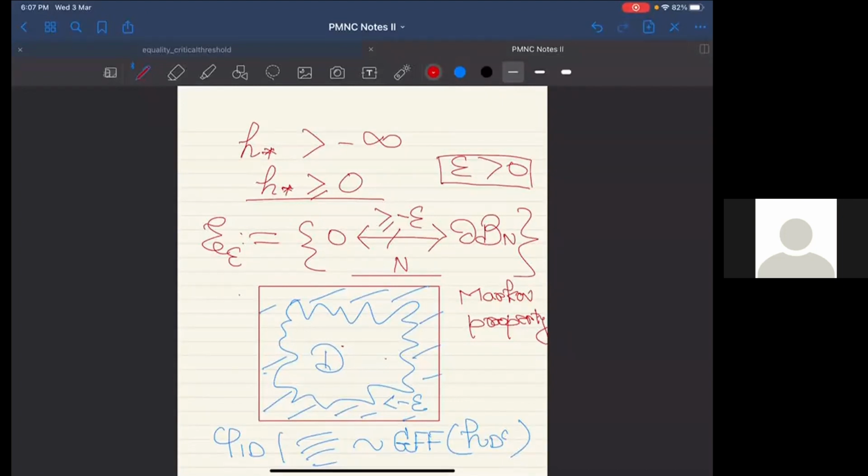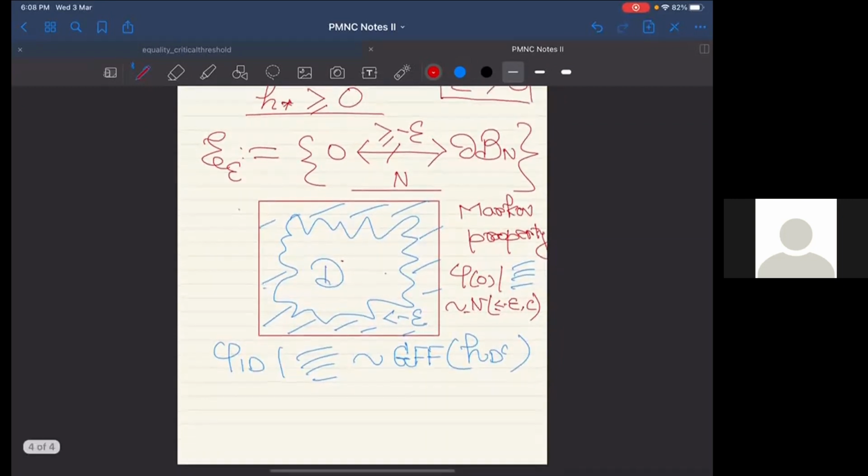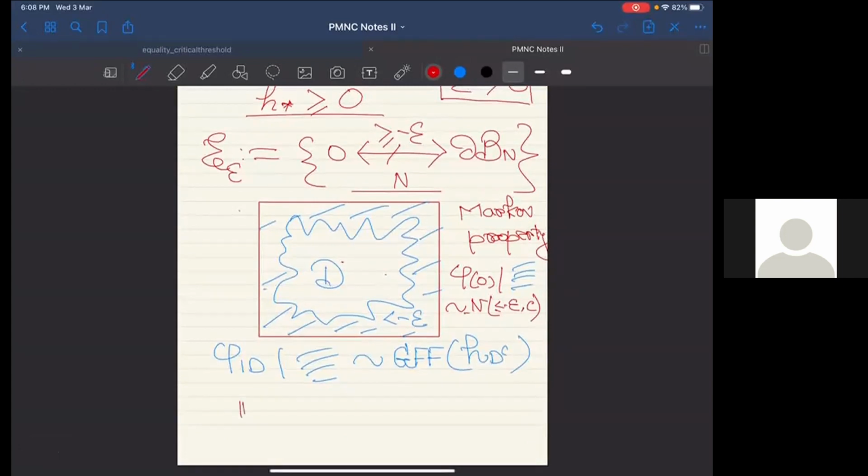So now, conditionally on this expression, phi of 0 will follow a normal random variable with mean which is less than or equal to minus epsilon, and some finite variance, some constant order variance. But the point is, what happens then? So what it means is that the probability that phi 0,